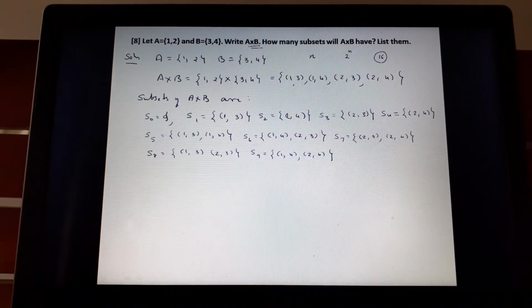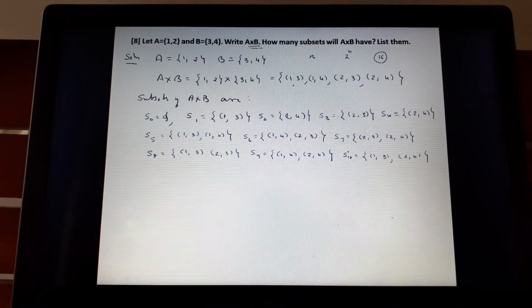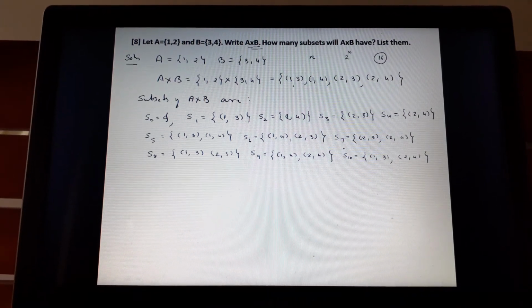Now you check how many subsets are there containing two elements: 1, 2, 3, 4, 5. There must be one more. What is the last one? Yes, we have one more left, that is 1 3 and 2 4. Check here, 1 3 and 2 4. Actually, you have one more chapter, permutation and combination, where you can predict how many such subsets there will be. So here 1, 2, 3, 4, 5, 6. It is correct.